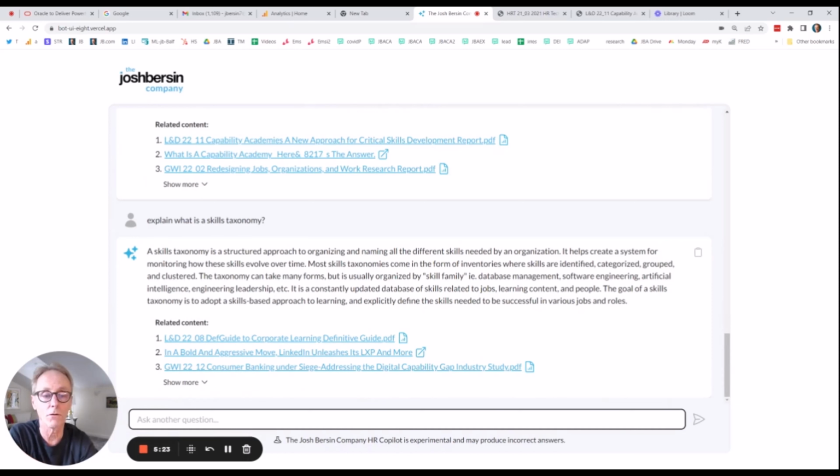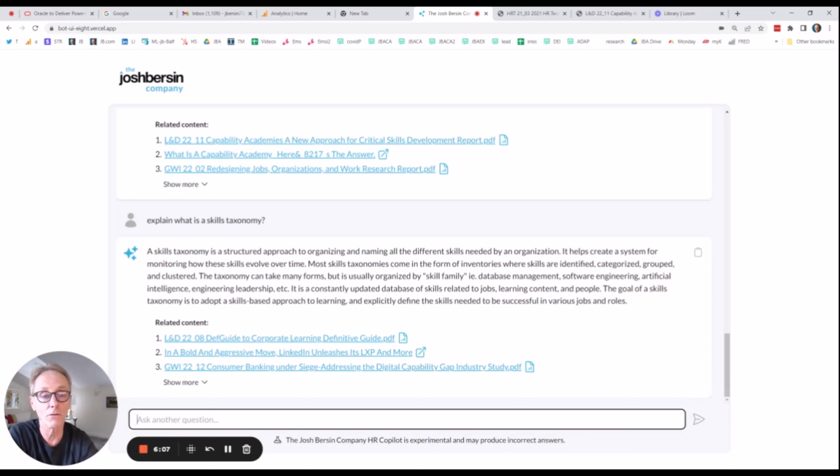And I'm not going to take you through any more of this demo, but this system can be used to identify case studies, to learn about new topics, to learn about topics like pay equity, DEI, HR technology, recruiting, skills-based hiring, skills-based promotion, talent marketplaces, internal mobility, succession management, performance management, pay practices. All our maturity models are in here. All of our detailed research and benchmarks are in here. It'll tell you the size of the market in different parts of the HR technology market. It will give you large lists of vendors you can contact, and it will actually generate content for you. We've used it now to generate job descriptions, to generate implementation plans, and more.